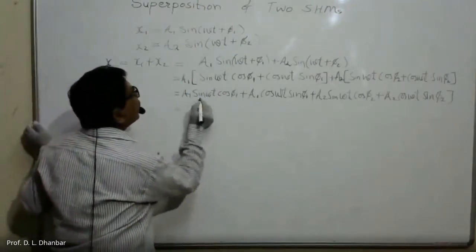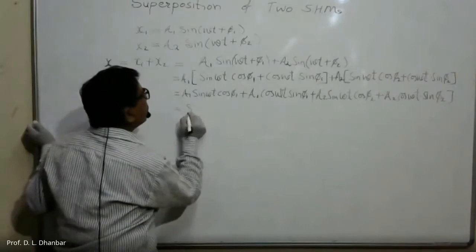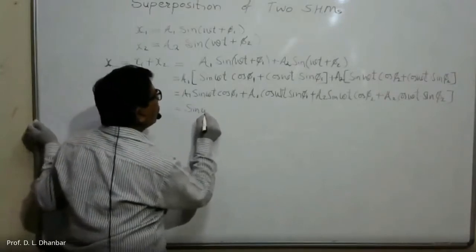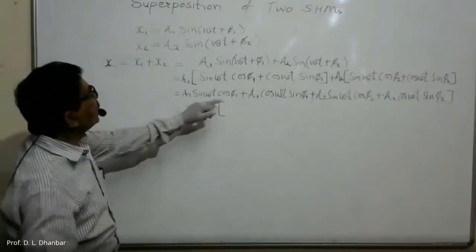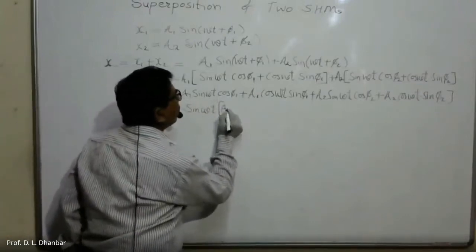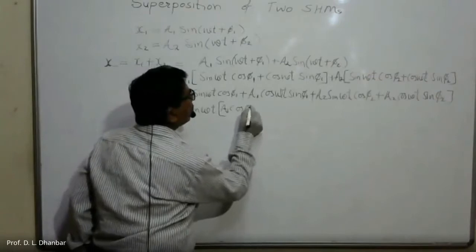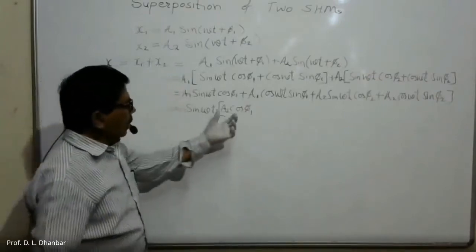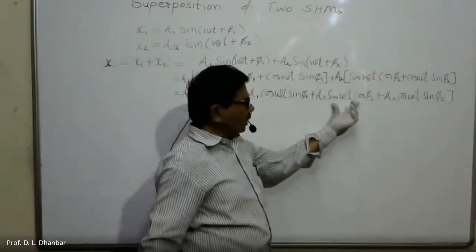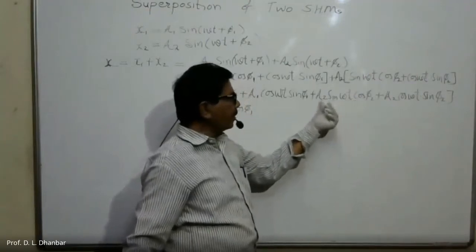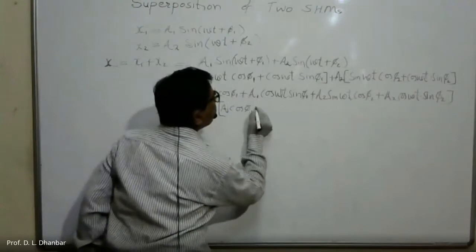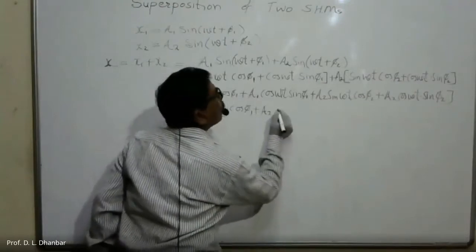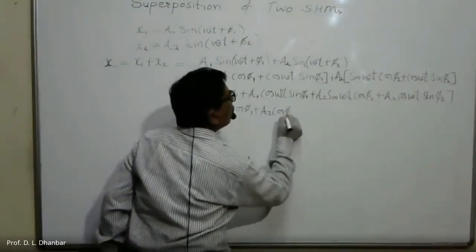If you take out sine omega t as common, in the bracket you will get a1 cos of phi 1 plus the remaining term a2 cos of phi 2,